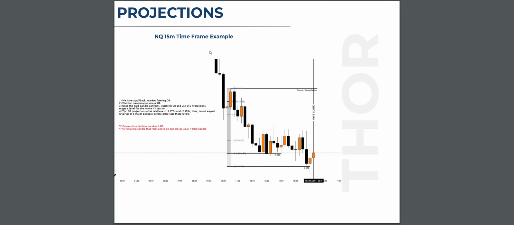Now, as a general rule of thumb, the 15-minute and the hourly order blocks after the manipulation, though, so you have to have the raid candle. This candle, for example, here, there's no raid above it, so I don't care about that candle, okay? I care about the candles where it manipulated. So once the manipulation is completed, now I have the order block. Now I can utilize something. And if the order block is on the 15-minute or the hourly, this is a general rule of thumb though, the standard deviation projections of that 15-minute or the hourly candle order block will give the whole New York session